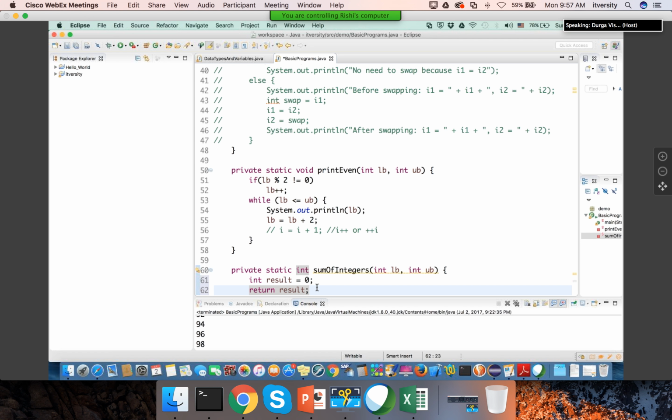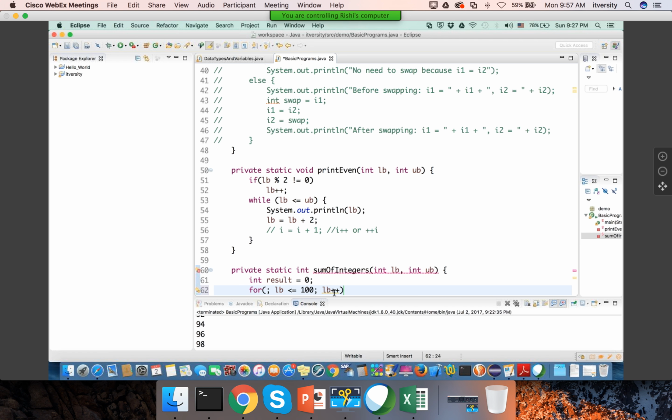Okay, so I declared the variable and I return the result, and now I have to either develop using for loop or while loop. I have to iterate from lower bound to upper bound, and I have to add that to the result. Okay, so it will look like this. I am using for loop here. For LB, okay, 1 minute. I think I just have to say like this, semicolon LB less than or equal to 100 and LB plus plus,